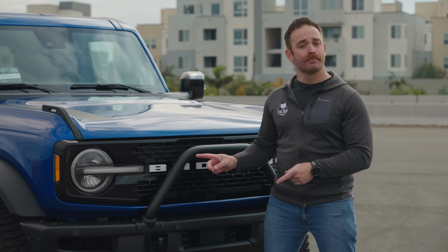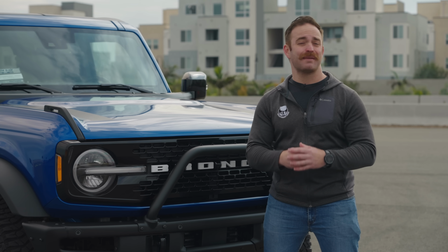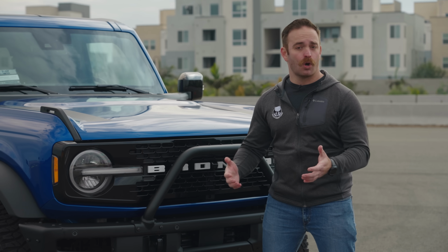So we want to know how the Bronco holds up under the same kinds of conditions and over the same amount of time. We're going to do all of that and then some with this Bronco in the coming year of ownership,